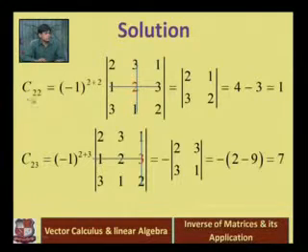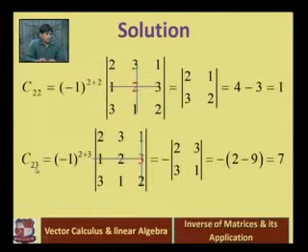Now find the C22 cofactor of 2 2 element, the second row and second column, that can be found by minus 1 raised to 2 plus 2 into minor of that element, that can be found by cancelling second row and second column, and the given determinant 2 1 3 2, that can be easily seen the solution.